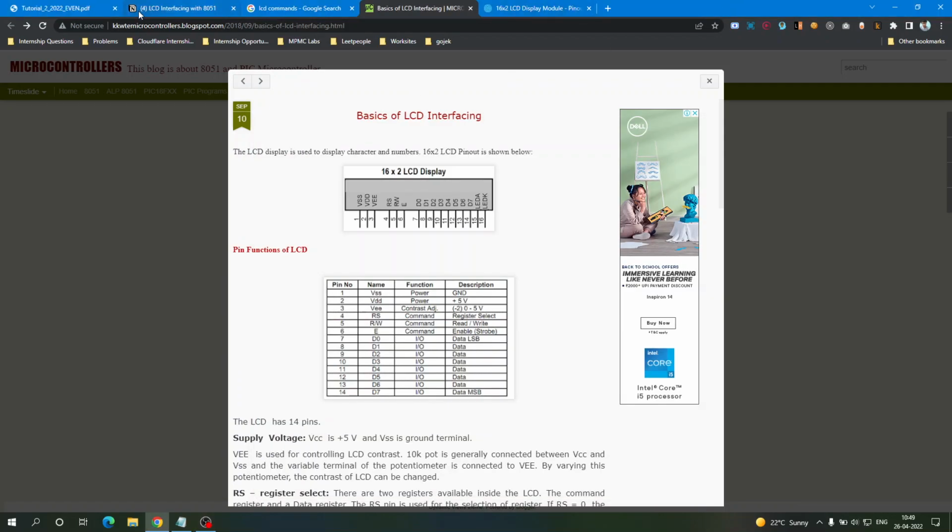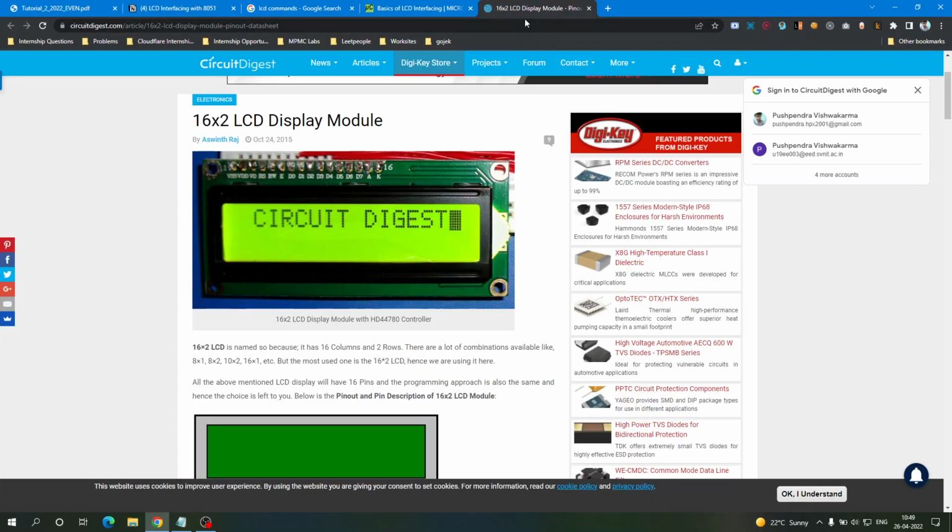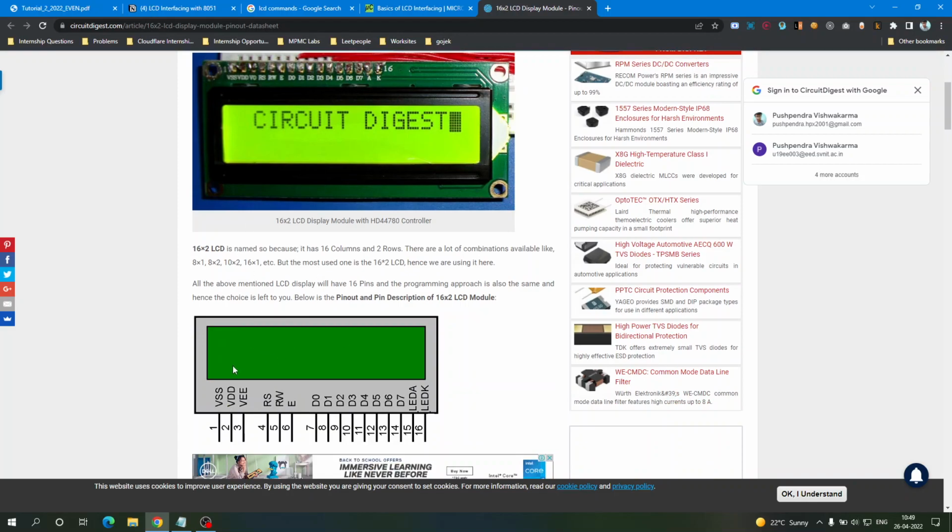Hi. So here in this video, I'll be talking about LCD interfacing with 8051 microcontroller. Before going with the interfacing part, we should know how the LCD looks like, what the pin diagrams are, and which pins do which thing. So coming to our LCD display here,